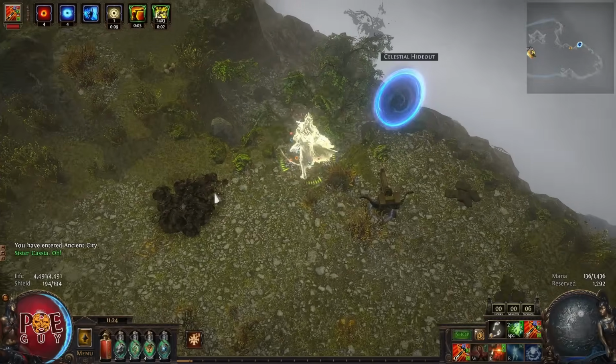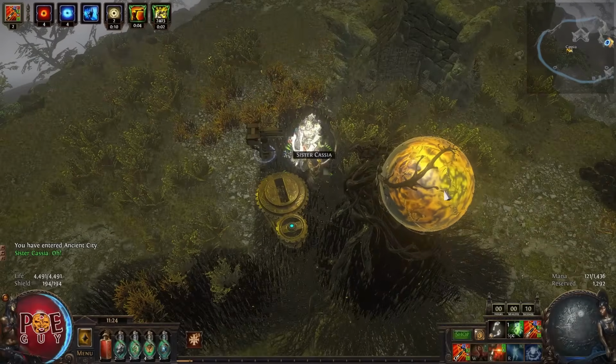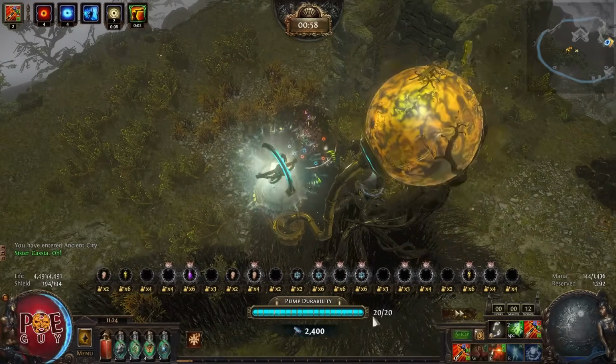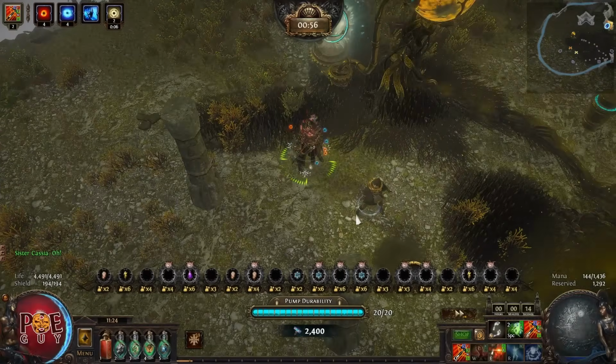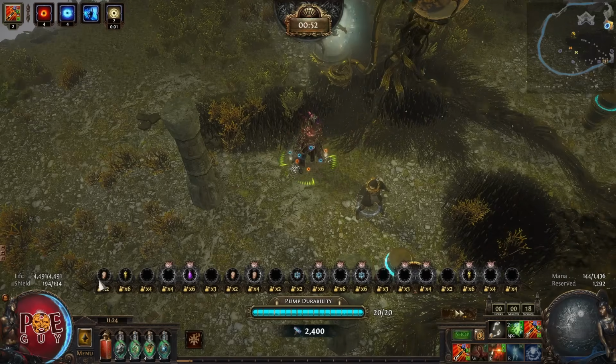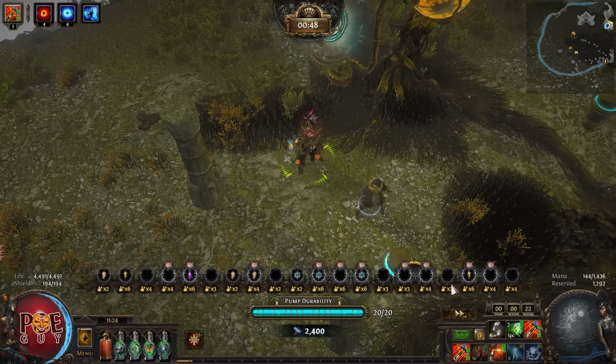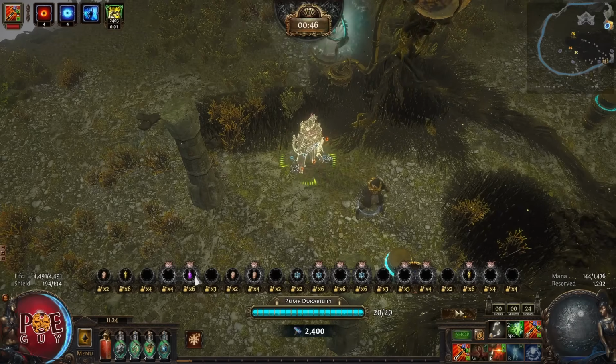So first thing that I do, I move the portal further away from the pump so I don't misclick it by mistake. Then I will begin the encounter and I will read the immunities. Here are the tower immunities. Based on these immunities, you will decide what towers to make. For example, I don't see fire immunity, so I can make a lot of meteor towers,